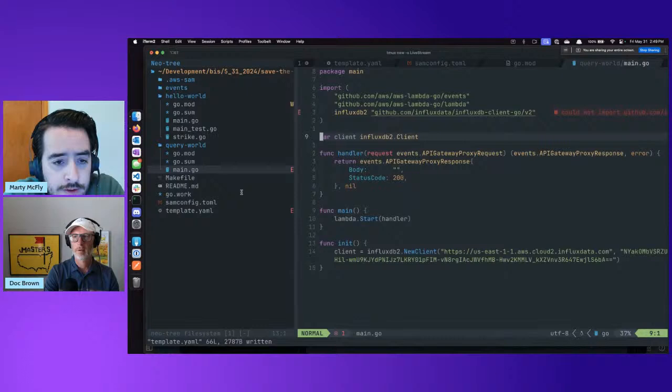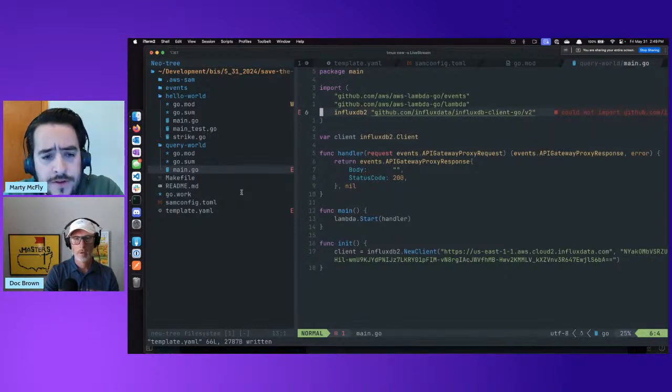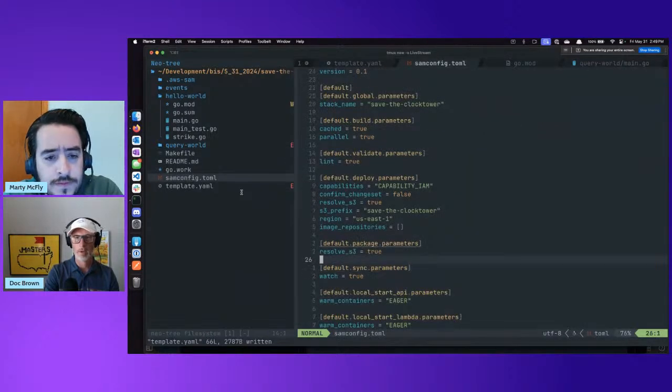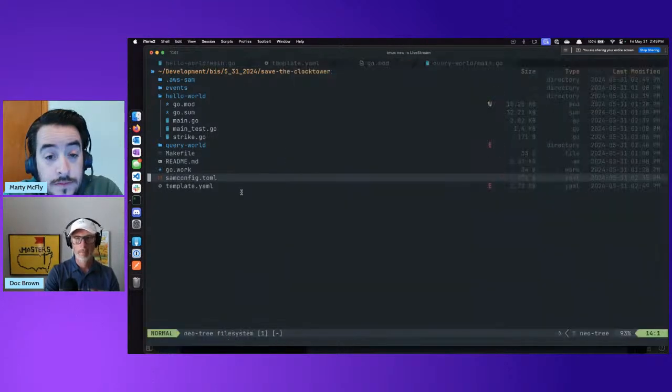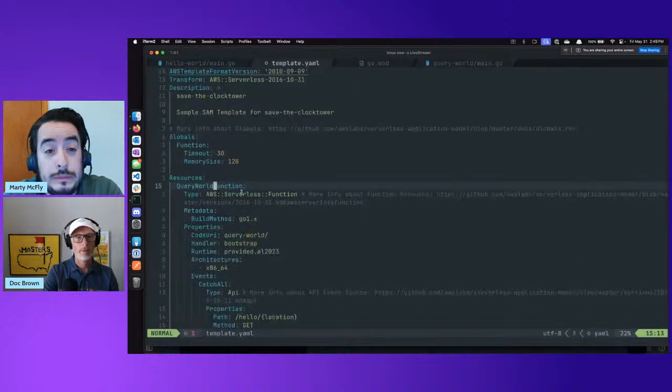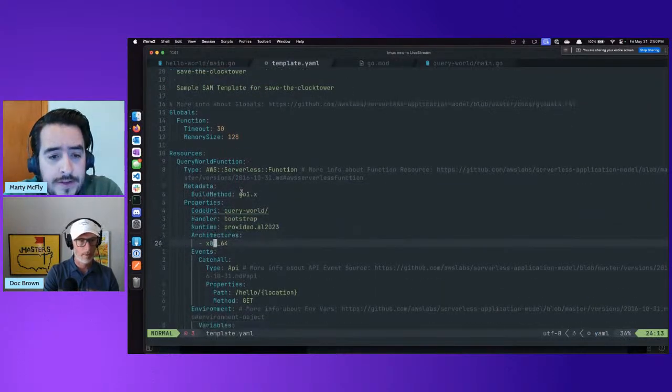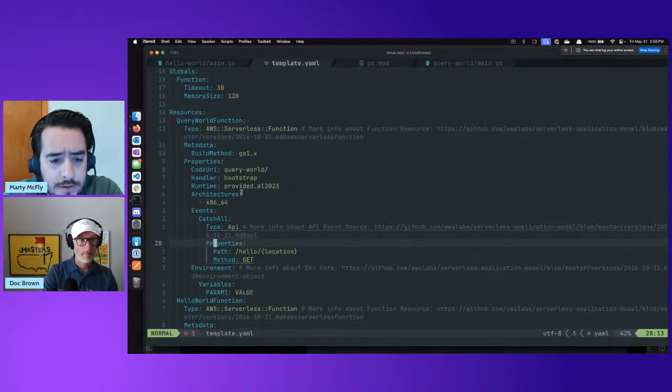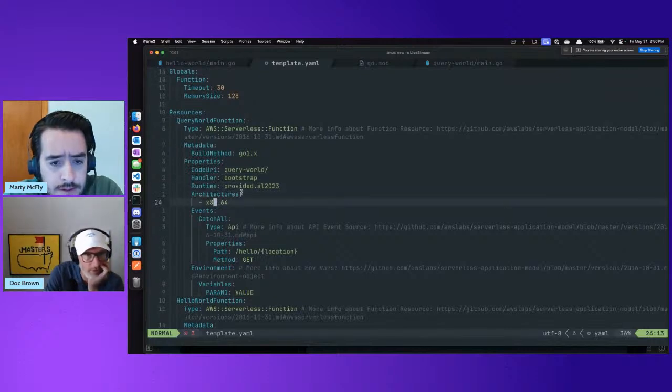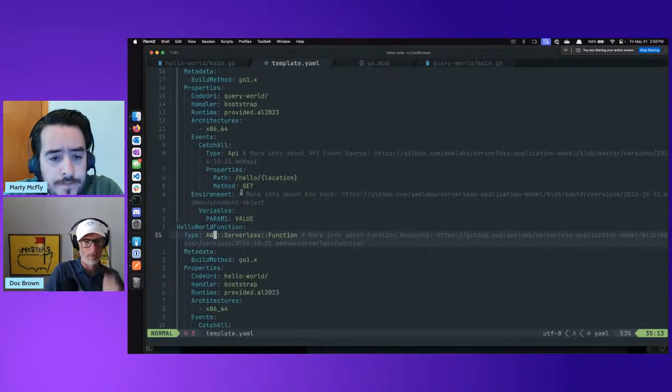You should have query world, and you don't have the file that it's trying to look for. How's the other one defined? The other one is the same way. Query world, it's the handler. Okay, yeah, let's go down. It's right there, and that's the same. It's query world, hello world, bootstrap.